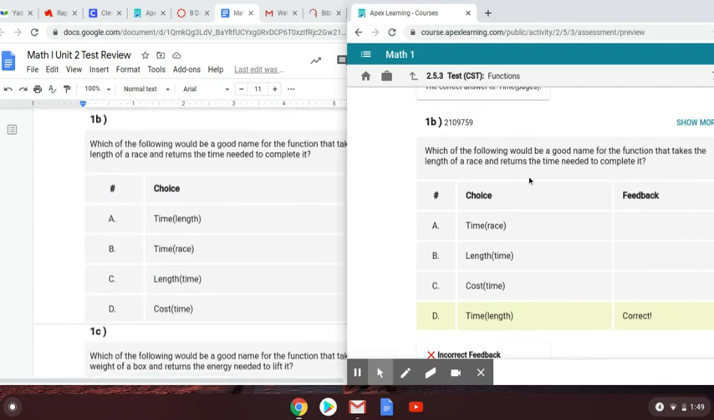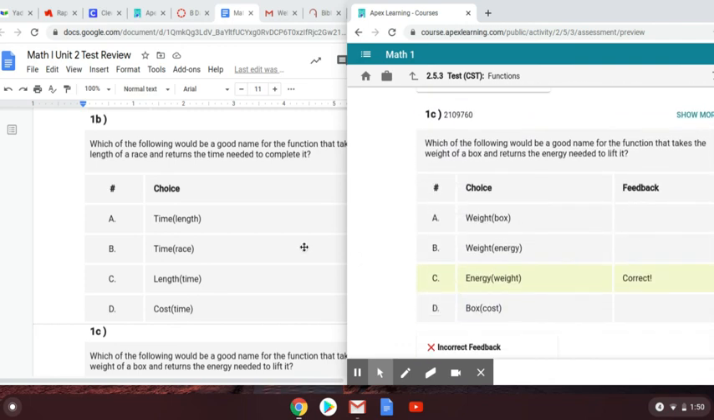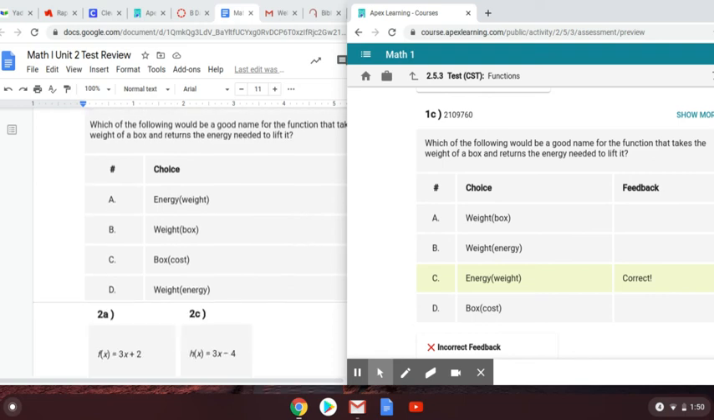And here, length of a race and returns the time needed to take it. The length controls the time. The length of the race controls the time it takes to complete it. The time is dependent on the length of the race. C, weight of a box and returns the energy needed to lift it. The energy depends on how much it weighs. So that answer, and as you can see, these aren't